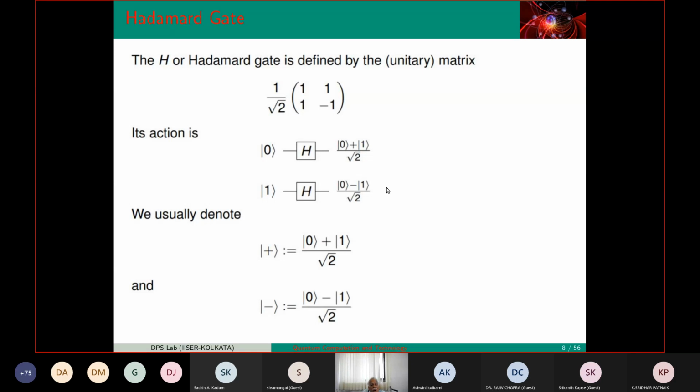So if you are familiar with optics, particularly polarization optics, you will find nothing new here. Linear polarization, polarization at 45 degrees, 135 degrees, and circular polarization. That is what we are dealing with. We denote the Hadamard states as plus and minus, because of the sign, plus here, minus here. So please remember that whenever you read a paper, you will find this object is called the computational basis, because computation is done using these vectors.